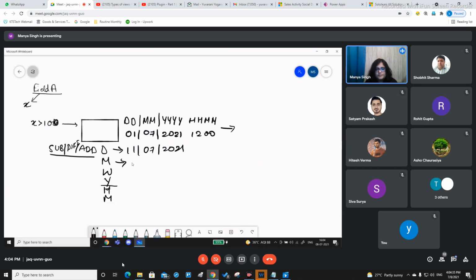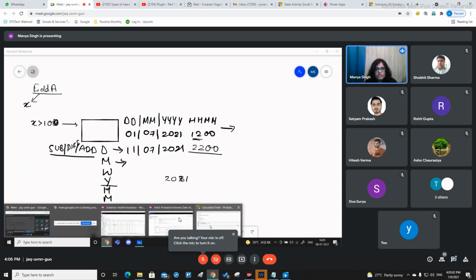Okay, fine. So quite simply, guys, if you're adding 10 months, then it will be going on to the next year, quite obviously. If you're adding 10 weeks, it will be going on into the next month. If you're adding 10 years, it will be turning into 2031, right? Similarly, for hours, here it will be adding the hours. That will be 2022. Okay. So in this manner, we'll be utilizing all these functions.